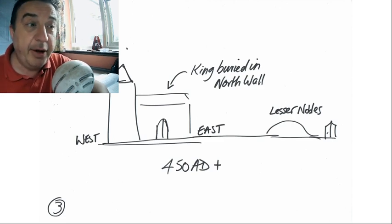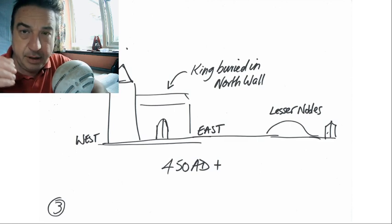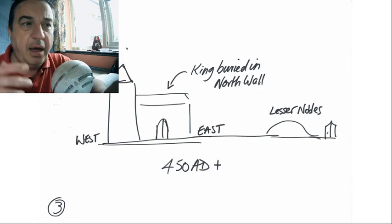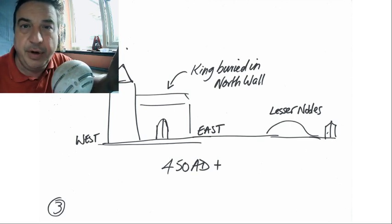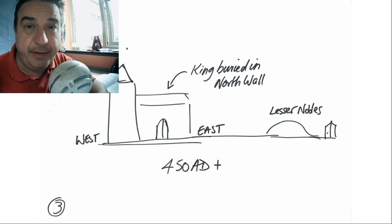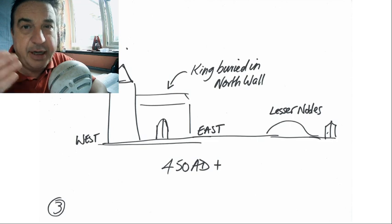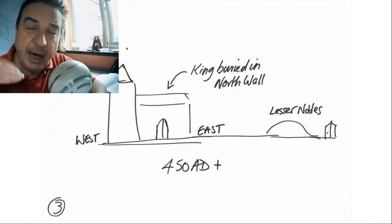But they were actually cleared of all their sins, because one of the things you would do, say you get to 70, 80 years old, say, right, that's it, I'm handing on all the temporal duties of being a king, and I get baptized, all my sins are gone, I start with a clean sheet, and I will live a pure existence, which is a lot easier to do when you're retired and not a king. For example, we see the example of Tudrig, the grandfather of Arthur, who became the hermit king, and he went to live more or less as a hermit to have his sins absolved, and then he becomes a saint upon death. And if you notice around South Wales, you'll see all sorts of saints' names,